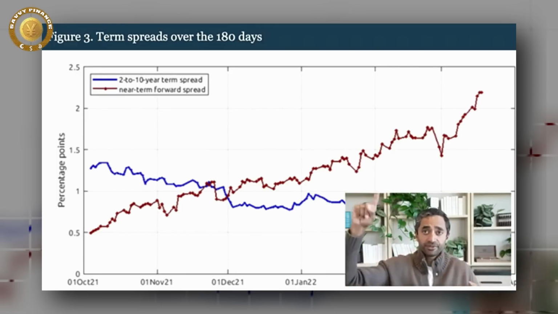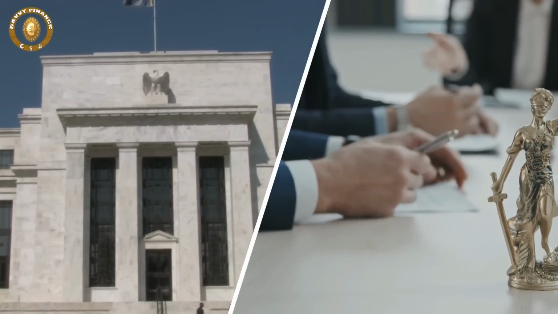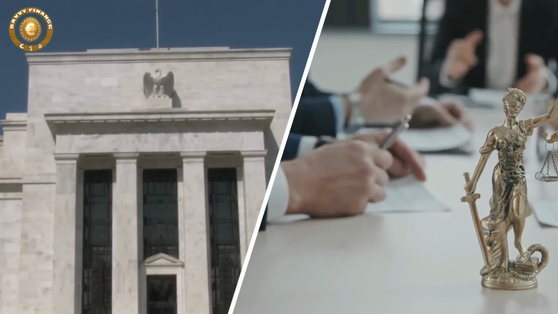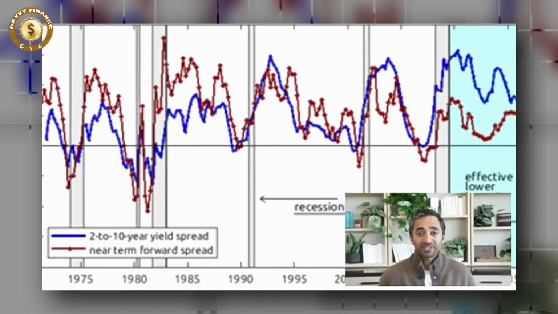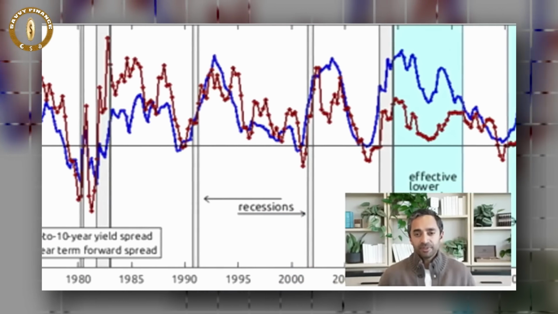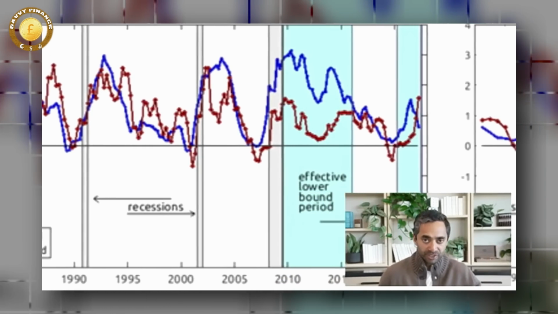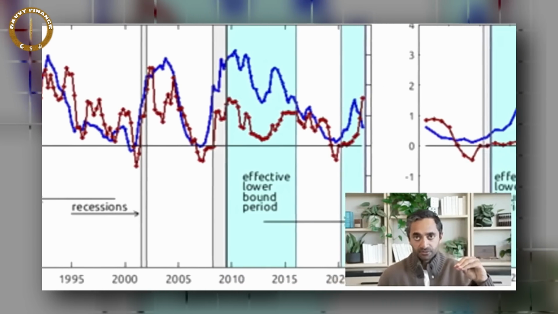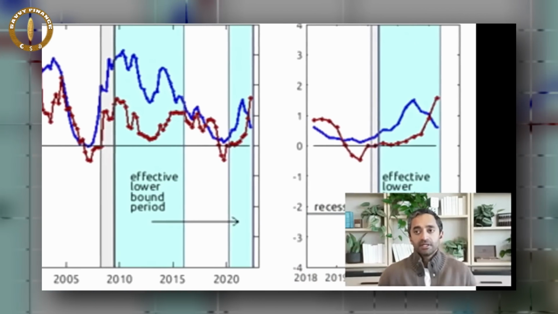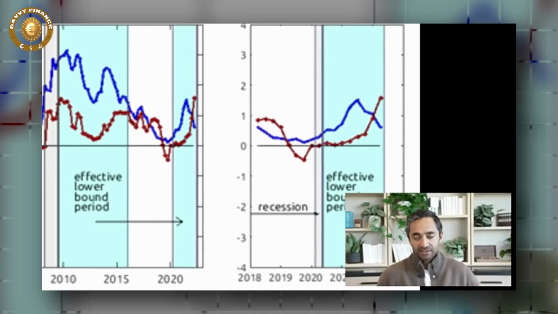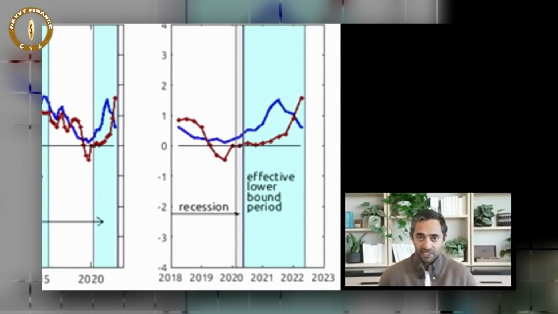In fact, that shows a very healthy ascent, largely taking into account the fact that the Fed has told us that they're going to rip in a bunch of rate increases over the next year to 18 months. So what are we to do with all of this? Well, when there's been a recession, it has typically been true that both the 2s, 10s and the forward spread have collapsed to zero or gone negative. That's this inversion. It has never really been the case that 2s 10s inverts while the forward spread stays up and you have a recession.